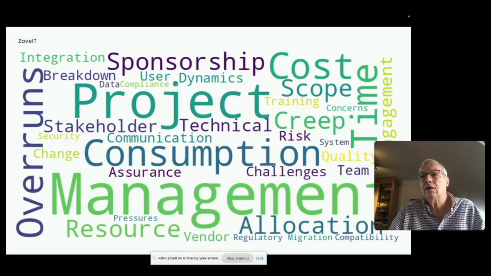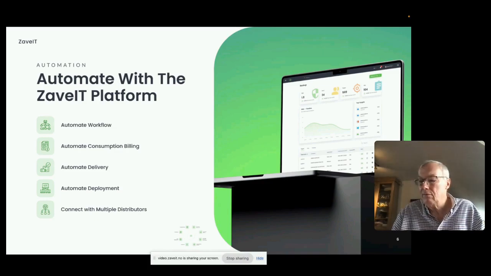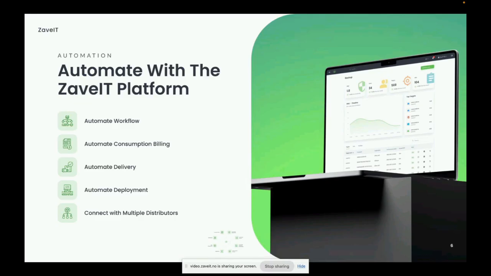Obviously, though, there's an alternative. You could also be, as I would call it, bold and accelerate your business with a ready-made, tried and tested solution. Introducing, therefore, the ZaveIT platform. And this is a modern day water clock, if you like, going back to the analogy we used in history a little while ago. So with ZaveIT, you can automate your entire workflow, ensuring that every process from billing based on consumption to the delivery and deployment of services is streamlined.